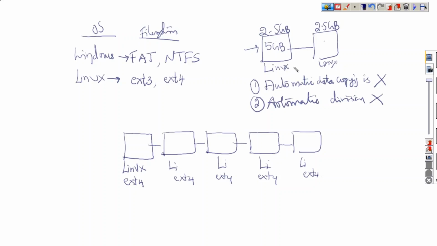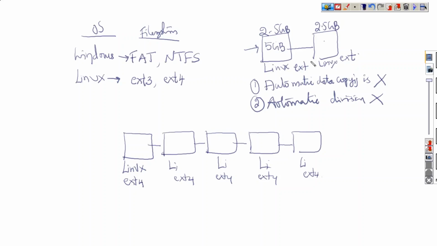So what is the file system that is used in Linux? Extendable file system. Now, how many file systems are running here in these two nodes? Two.